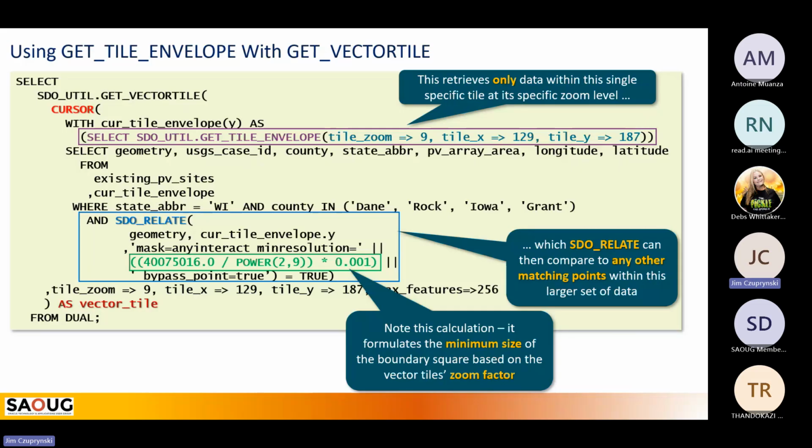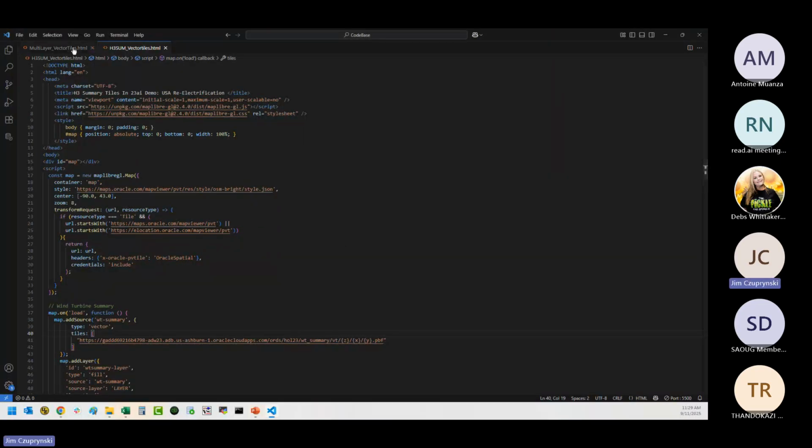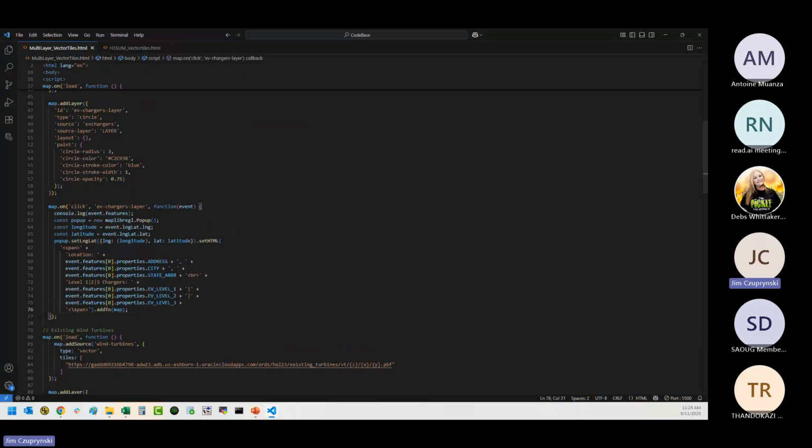What this is really saying is, see if there's any points that are within this envelope and only show me those points. That's what this actually does. So let me show you how that actually works. I'm going to go back over to my other example. So let me come back over here for a second. I'm now in, what do we call this puppy? This is my VS Code editor.